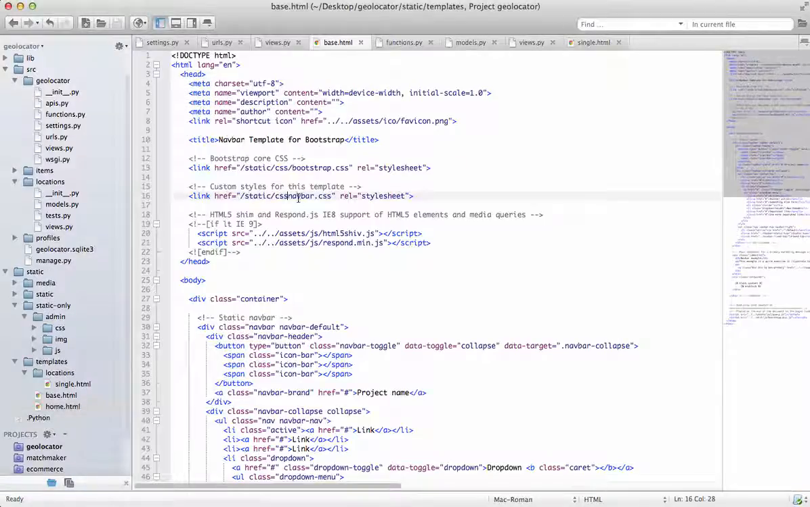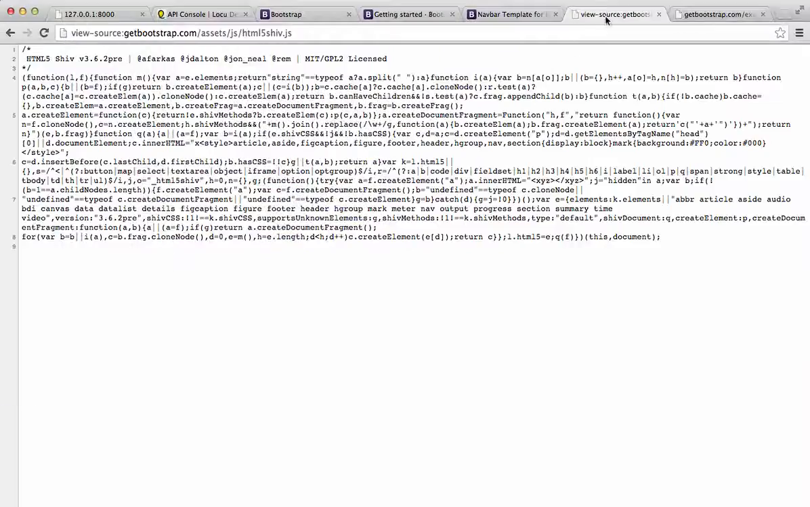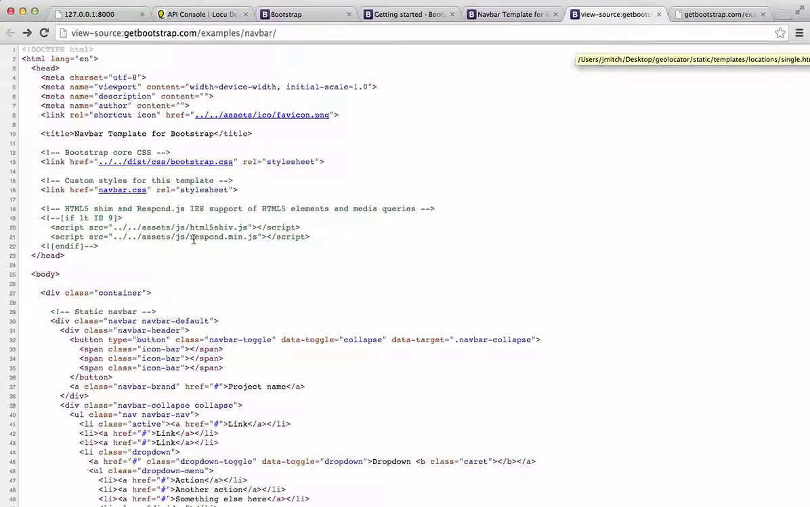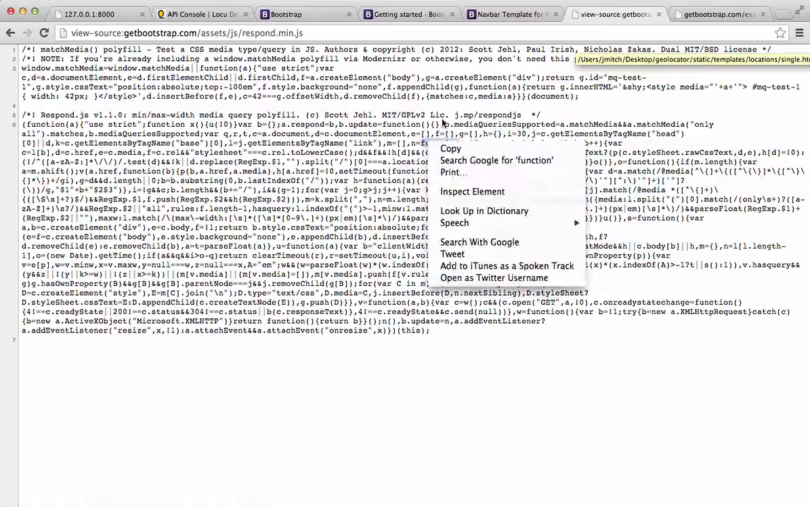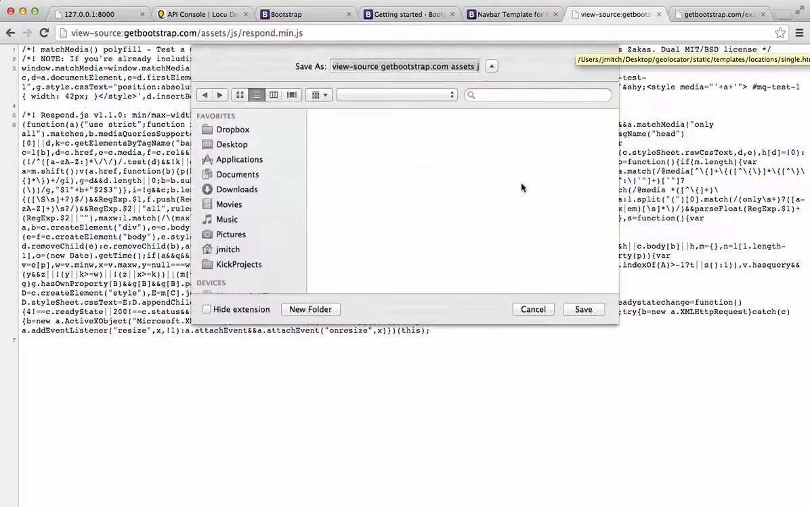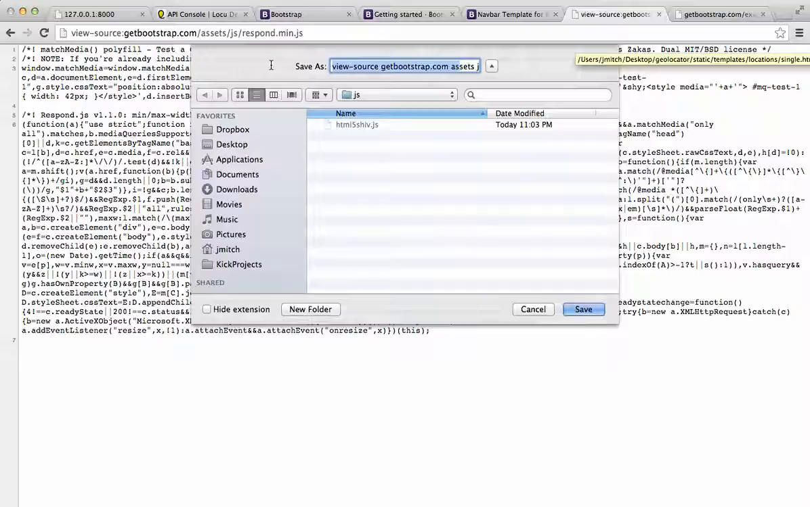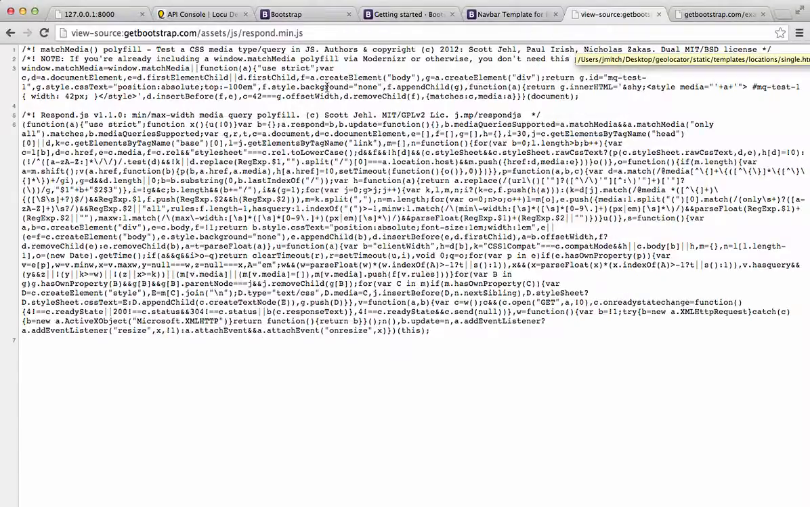All right, now let's change these. Let's copy this, just static actually. Copy that and put that there. Now we have to do the same thing with respond. So let's go back, grab this stuff, paste it there, and save as. All right, go back,